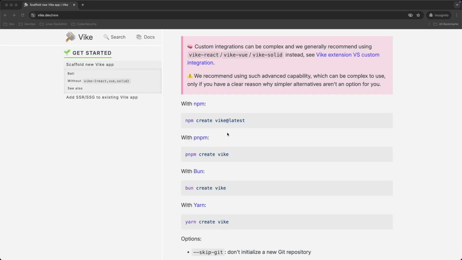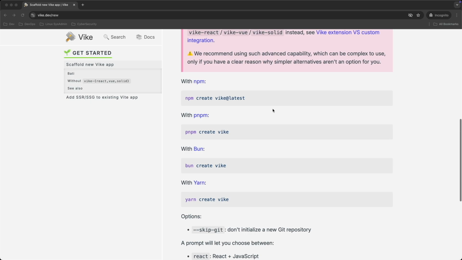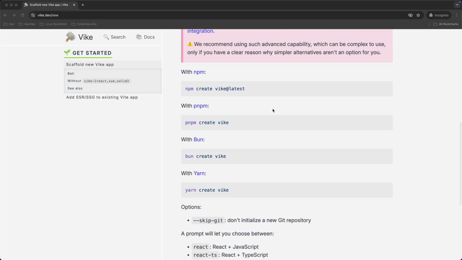In the Get Started portion of documentation, there is a section for custom integration where it says we recommend using such advanced capability, which can be complex to use, only if you have a clear reason for doing so. Well, our reason is that we want to fully understand how Vike works. And for that reason, we are going to scaffold a Vike React Vite SSR app using a different approach,